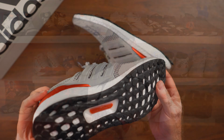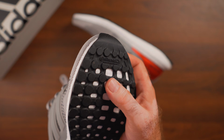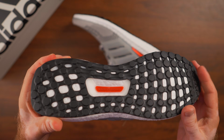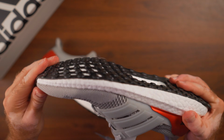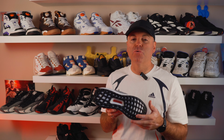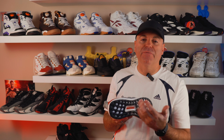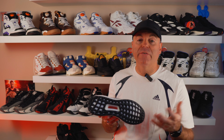Adidas logo on the toe lip, and if we look at the outsole, it's entirely Continental rubber. Most of the expensive or higher tier models from Adidas have Continental rubber on the outsole, which is great. It's more resilient and stays intact for a while. Also, there's a lot of grip on it. You can also peek through the bottom and see where the torsion system is. And I don't know why the newer models don't say torsion system. They have different names, Adidas Fly or Adidas Plate or whatever they're calling it,